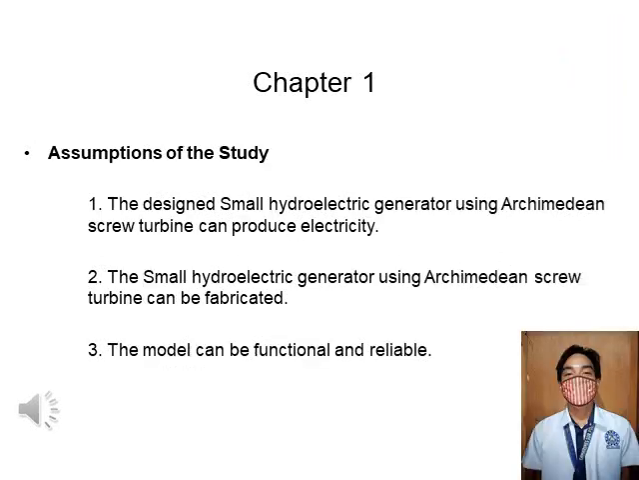Assumption of the study. The design of a small hydroelectric generator using an Archimedean screw turbine can produce electricity. The small hydroelectric generator using an Archimedean screw turbine can be fabricated. The model can be functional and reliable. The turbines of the screw harness the water pressure to convert potential energy into mechanical power which drives an electric